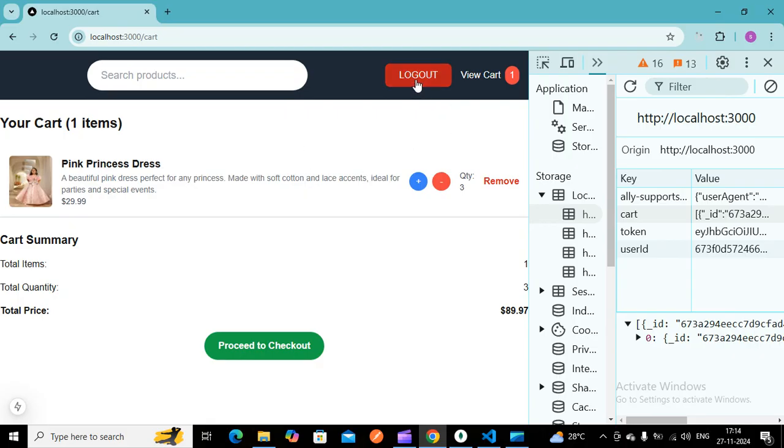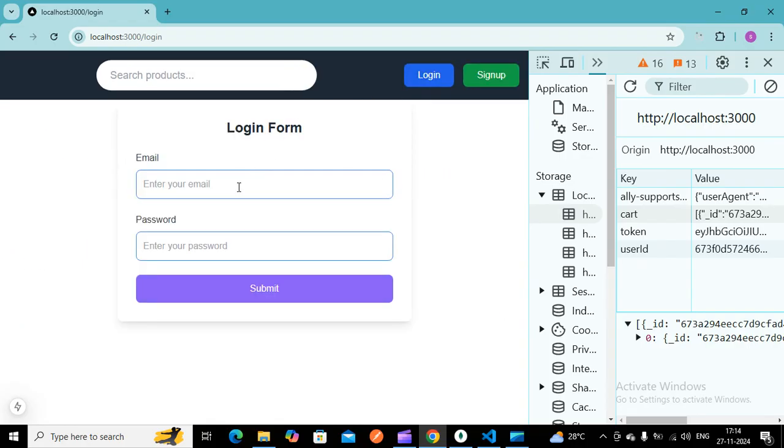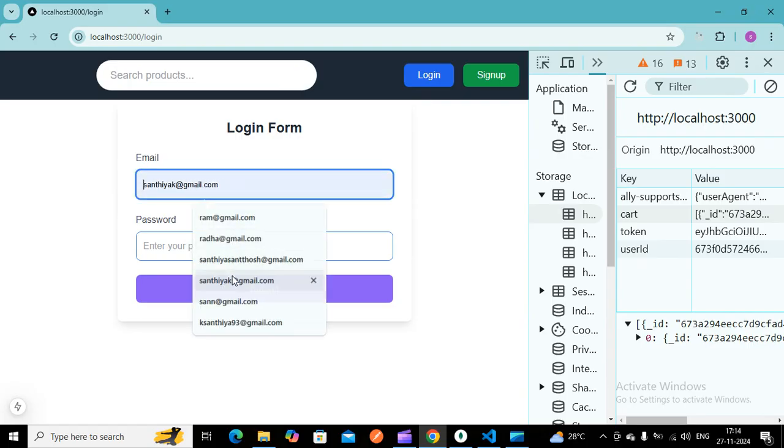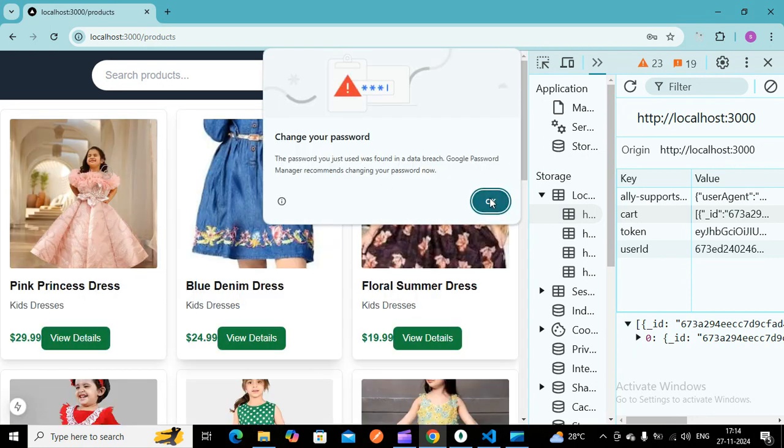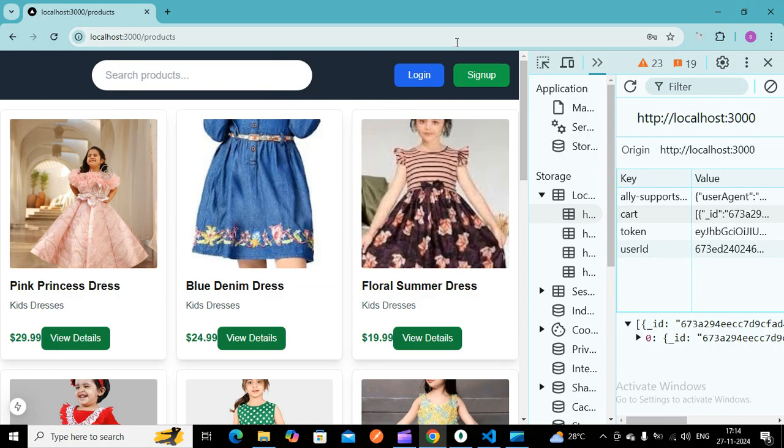So if I go to this, it was already added in the ram account itself, so it should not display here. If I go to some other account, which I already have, you will be seeing the same cart length which I added in the ram account.